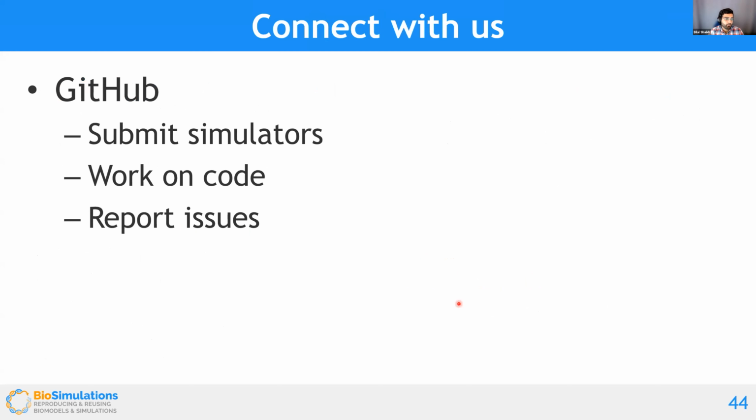So finally, if you want to connect with us, all of our work happens very much in the open, transparently on GitHub. We submit any sort of issues that we have there. Our features and ideas, our discussions are all publicly available. So if you want to get involved, all you have to do is head over to our GitHub, take a look at the discussions, and you can go ahead and comment or follow along, post any issues, or if you have a particular simulator, for example, that you want to use that's not available, you can submit that on GitHub as well, and we'll take a look and see if we can include it.